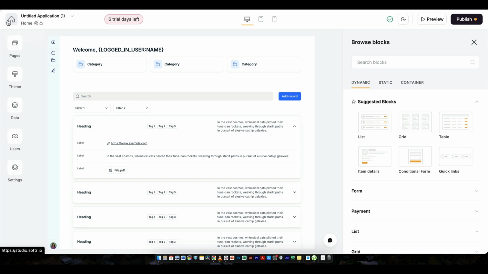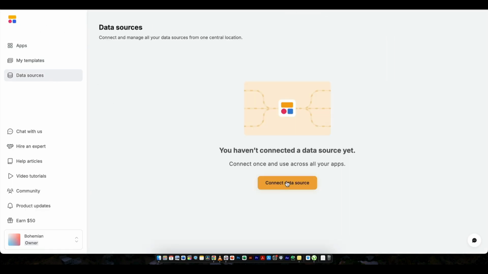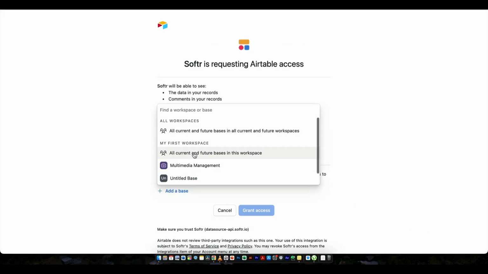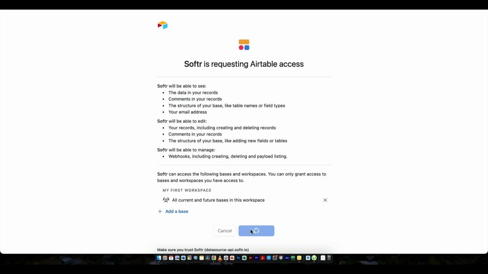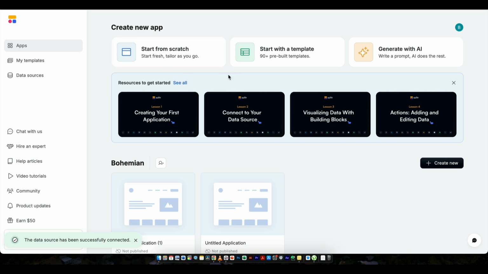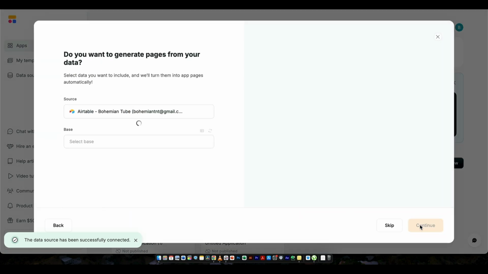Let's just go back to the home, and we can go here to data sources, and we can connect our data sources of Airtable, and we can click on continue. Here we can add a base. We can click on my all current and future bases, and we can grant them access. So now it will have an access to our Airtable. Okay, so we have connected our data source, but what we can do is we can connect with our Airtable, and it's going to get all the data